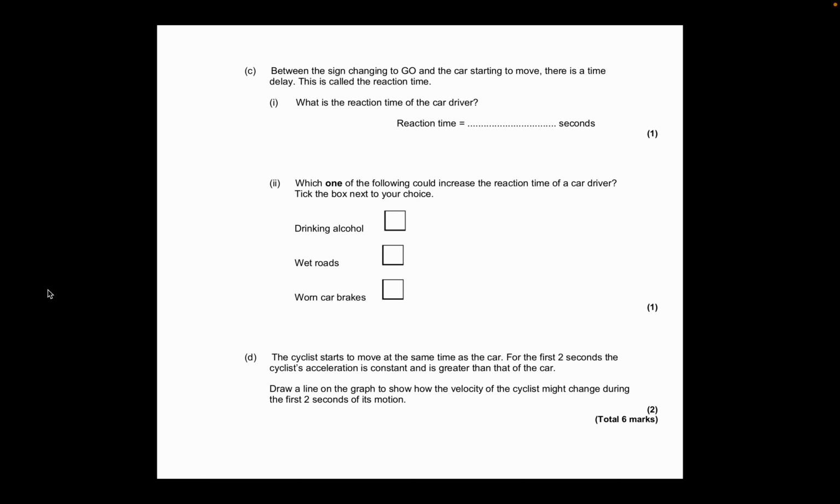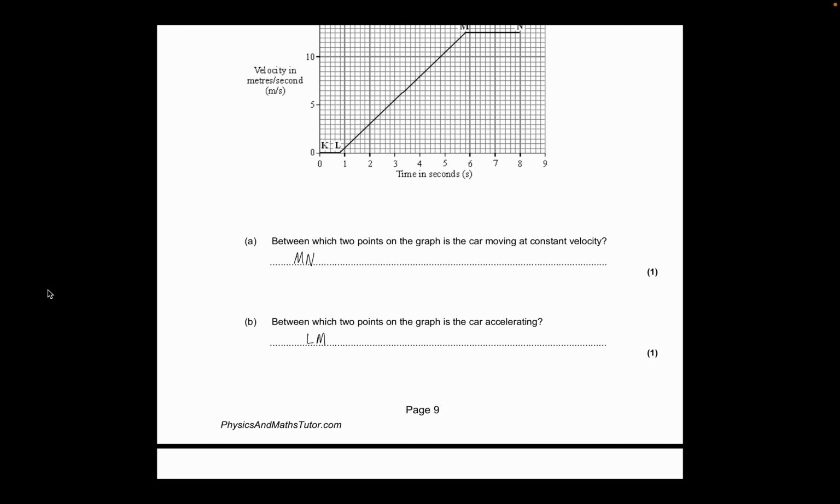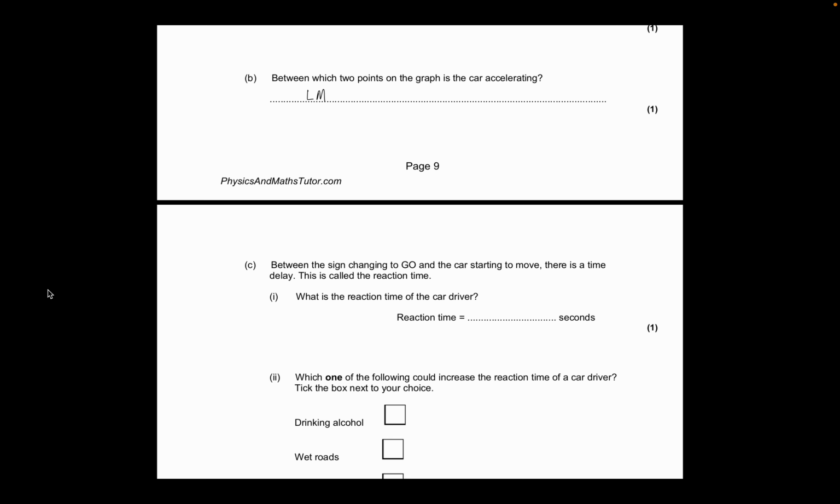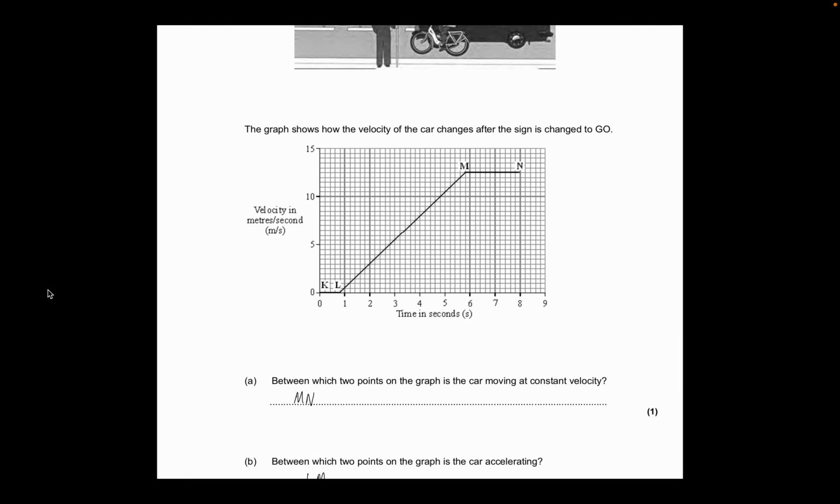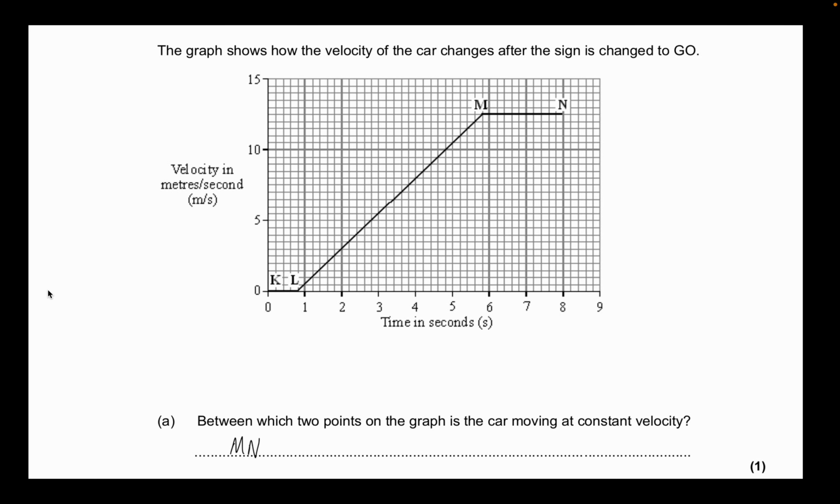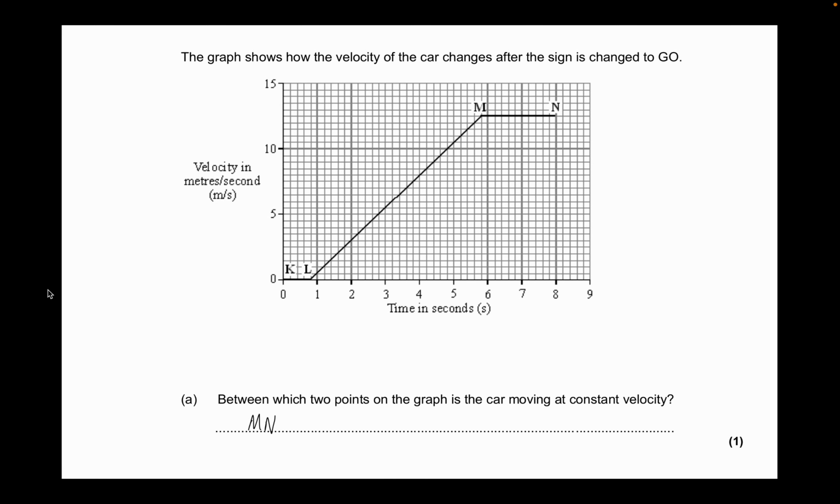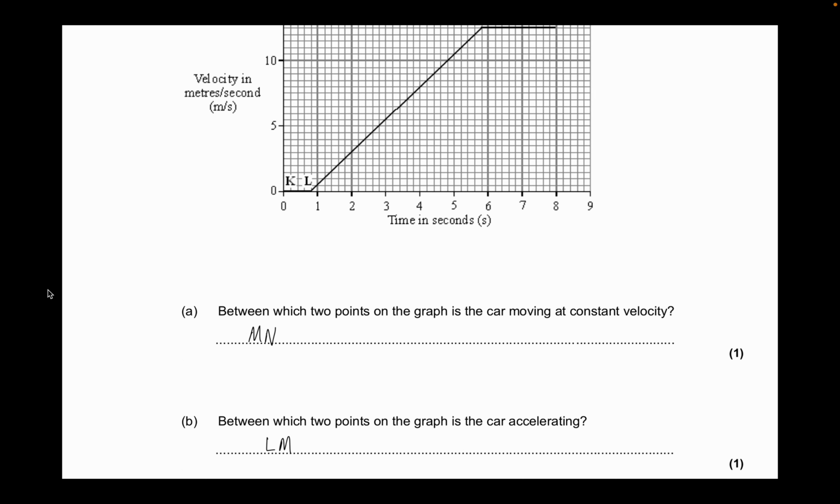Between the sign changing to go and the car starting to move, there is a time delay. This is called a reaction time. What is the reaction time of the car driver? So there's a time delay between the sign changing to go and the car starting to accelerate. So that means we're going to zoom in closely to the graph, and you can see that